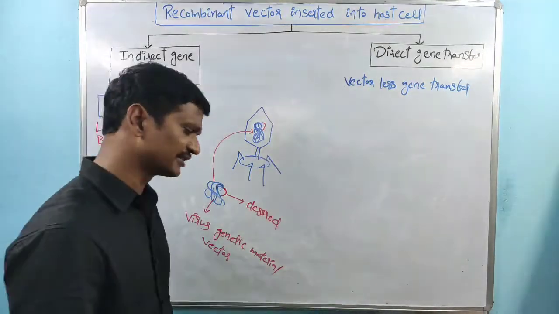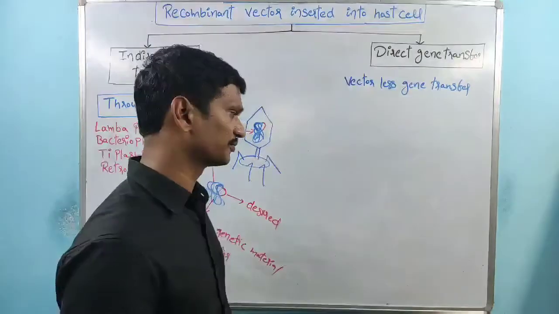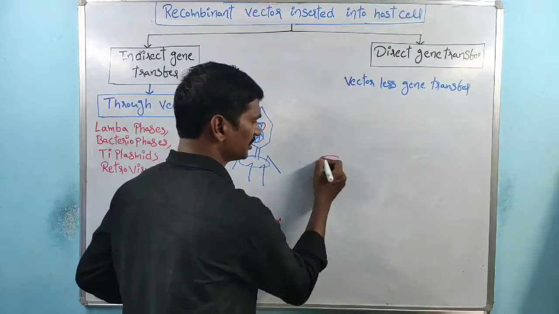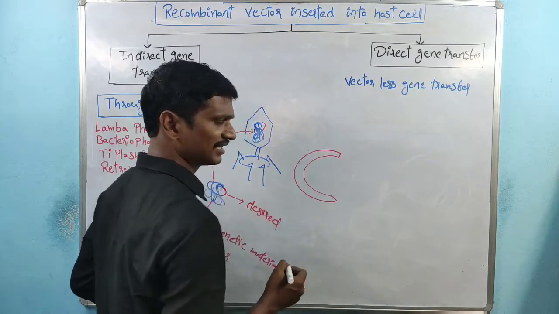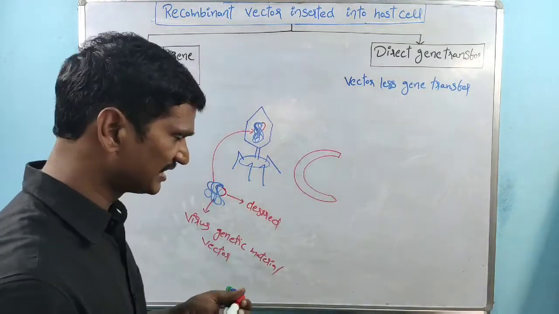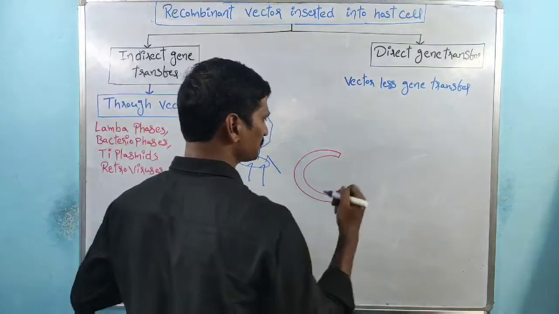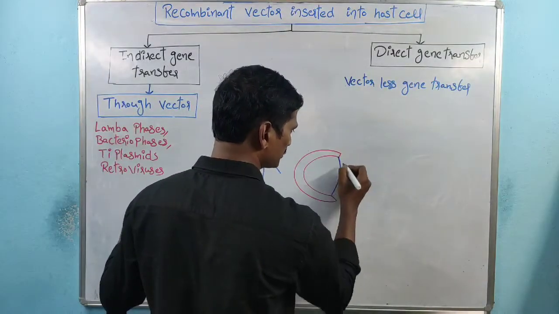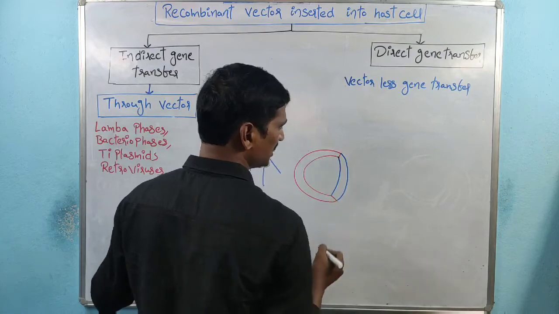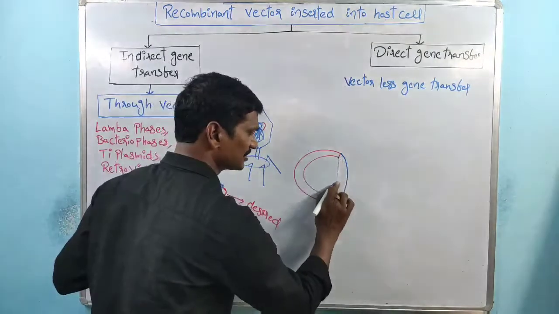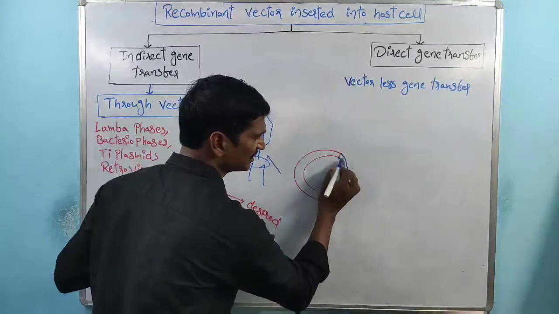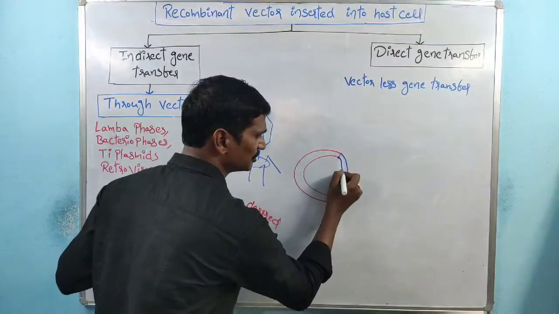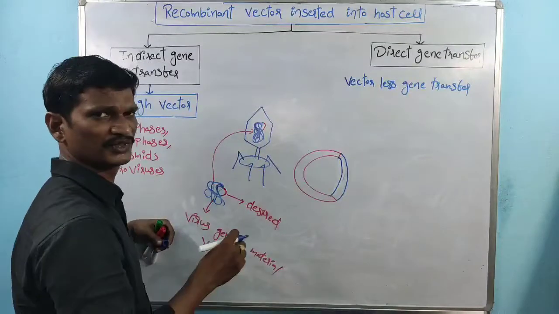Ti plasmid indicates tumor-inducing plasmid. We know Agrobacterium tumefaciens is one of the bacteria. The bacteria contains Ti plasmid. In the Ti plasmid, unwanted gene parts are deleted. In that place, our desired genes are added. So our desired genes are added, right? See, again, this one is reinserted into the